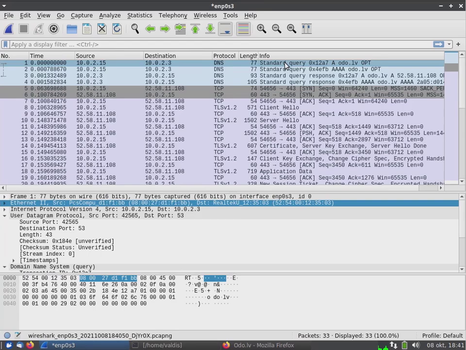So before actually opening this website, odo.lv, what is happening is that the computer actually asks what is the address for the domain name odo.lv.